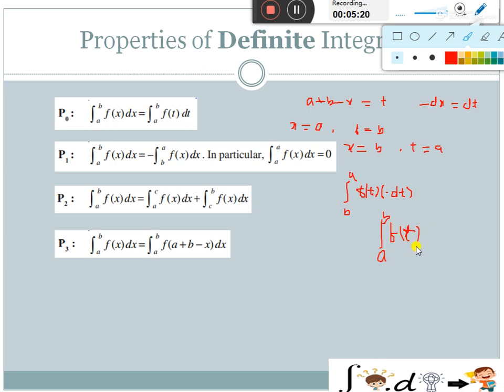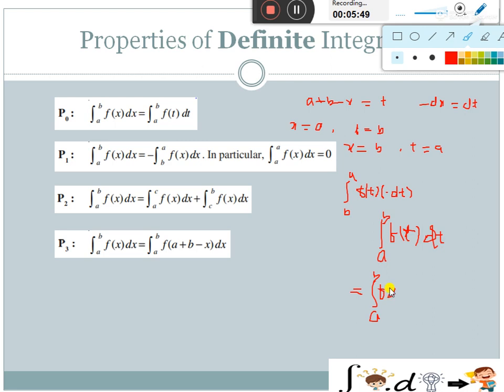And because it is a dummy variable, according to the first property, you can write this as integral a to b fx dx. That is the left hand side. Is it clear? That means integral a to b fx dx, we can write this as f of